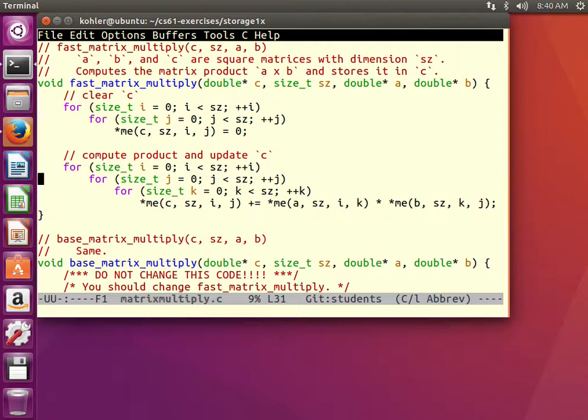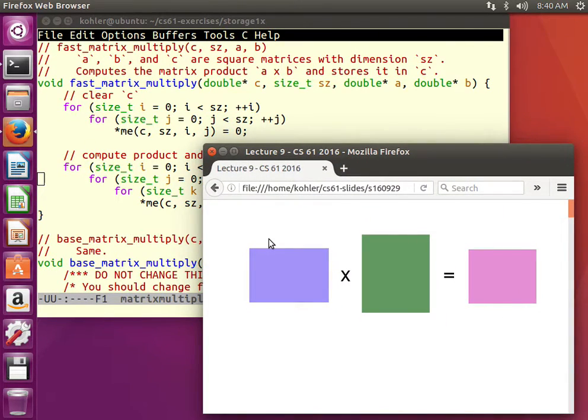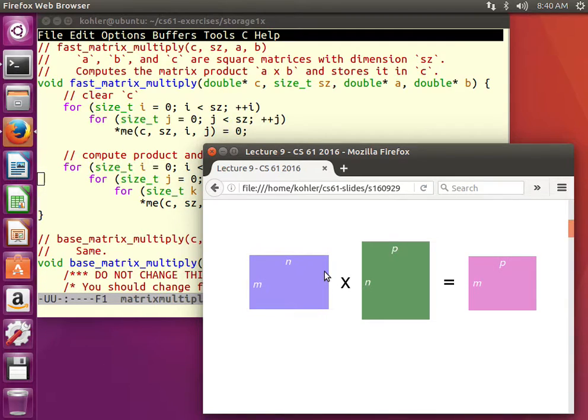Well, let's first think about what the loops are doing. Recall that in a matrix multiplication, we have three matrices. In our code, they're all square, but here they're slightly different sizes. And the way that a matrix multiplication works in the abstract is that a given cell of the output matrix, here cell i, j, in the ith row and the jth column, is computed by pairwise multiplying the elements in the ith row of the left-hand matrix and the jth column of the right-hand operand, and then summing the results.